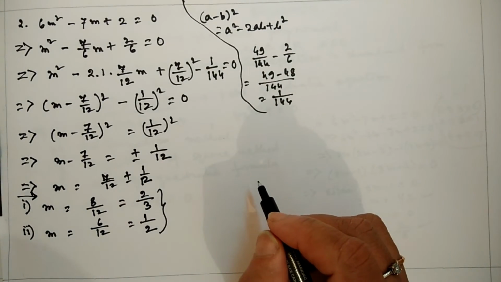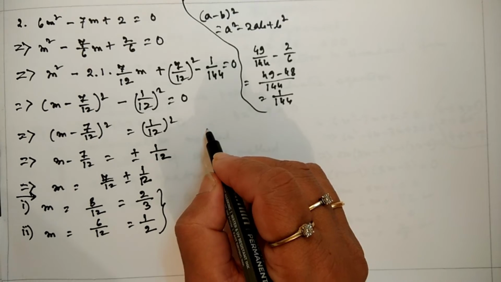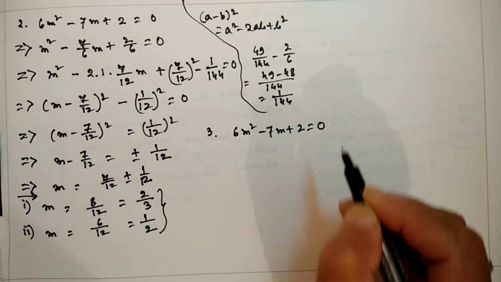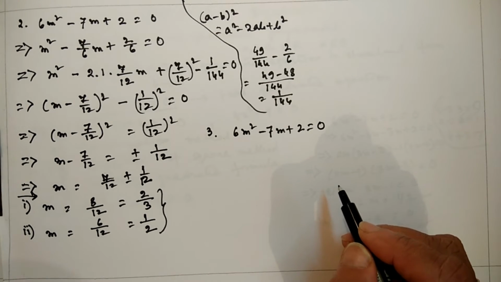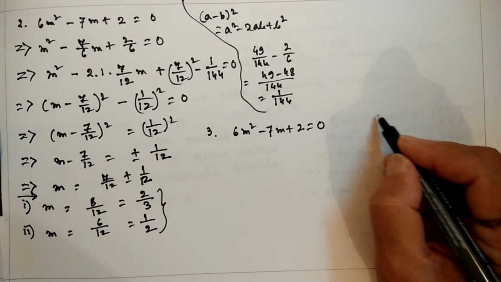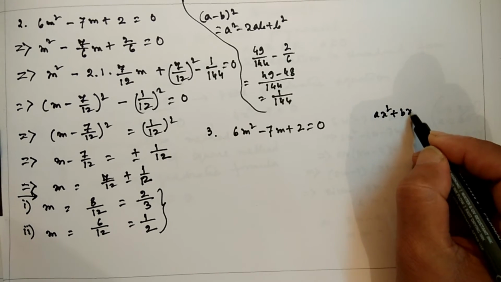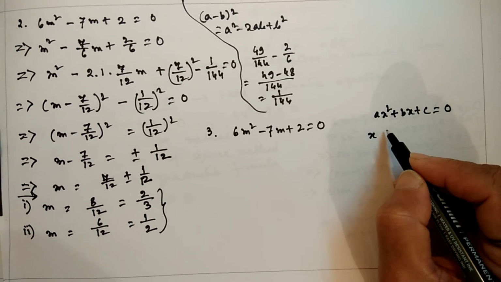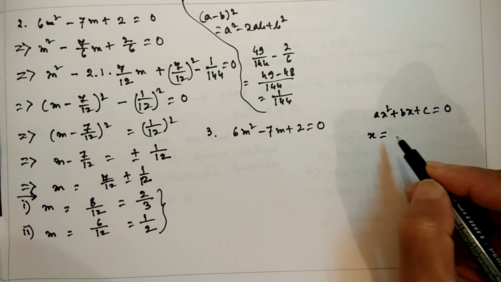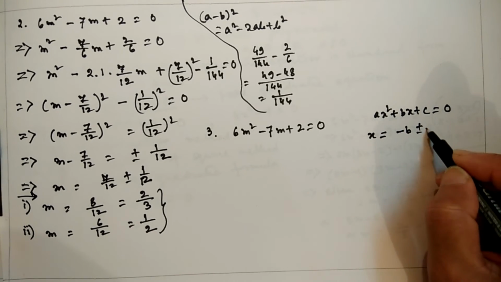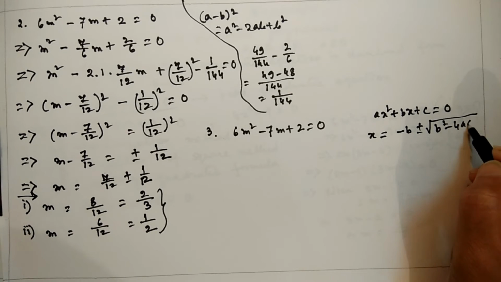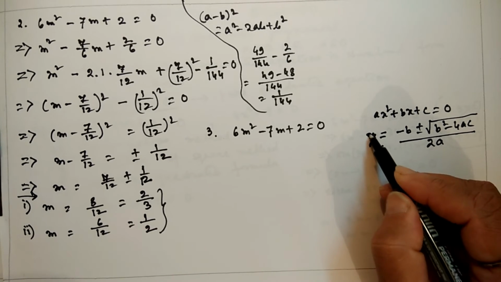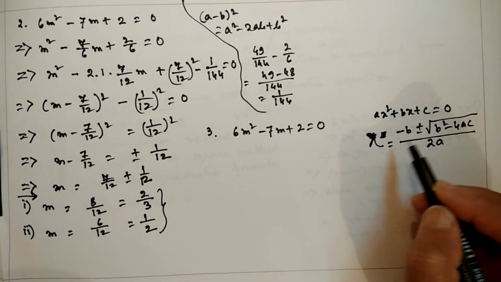the third one is by solving using the quadratic formula. So the equation is this. Now there is a formula like the standard form. If I write ax square plus bx plus c is equal to 0, then the formula of the two roots of the variable x is x is equal to minus b plus minus root over b square minus 4ac by 2a. This is a formula. So we get the two roots using this formula.